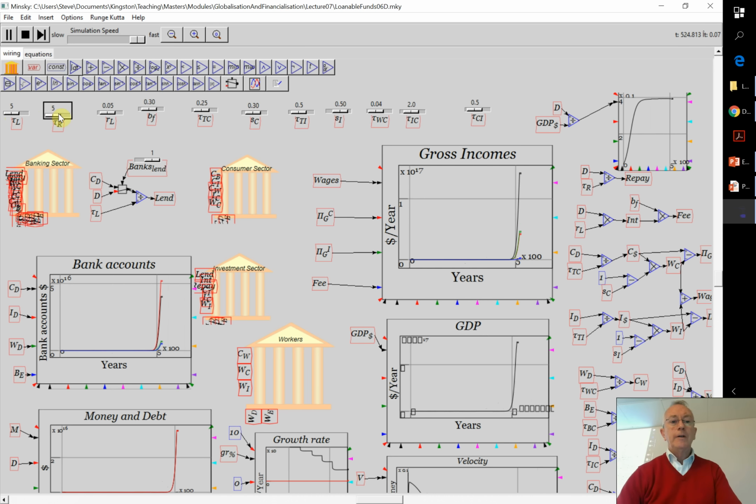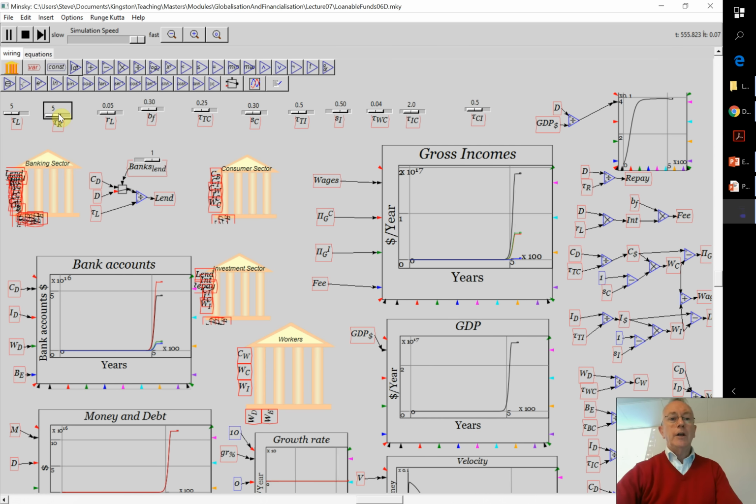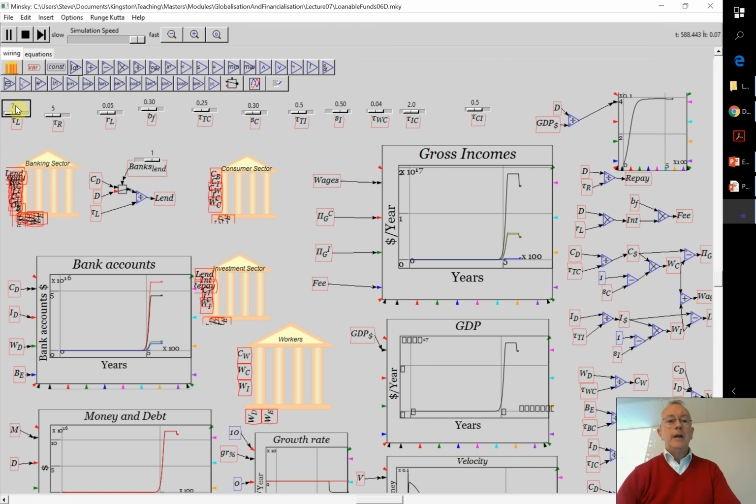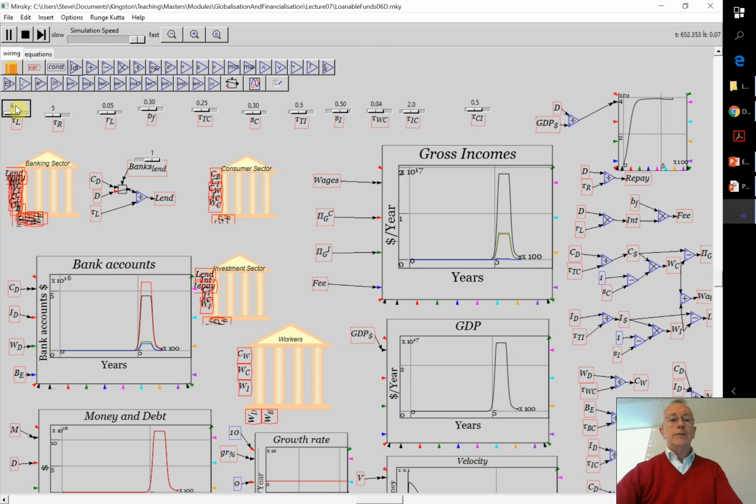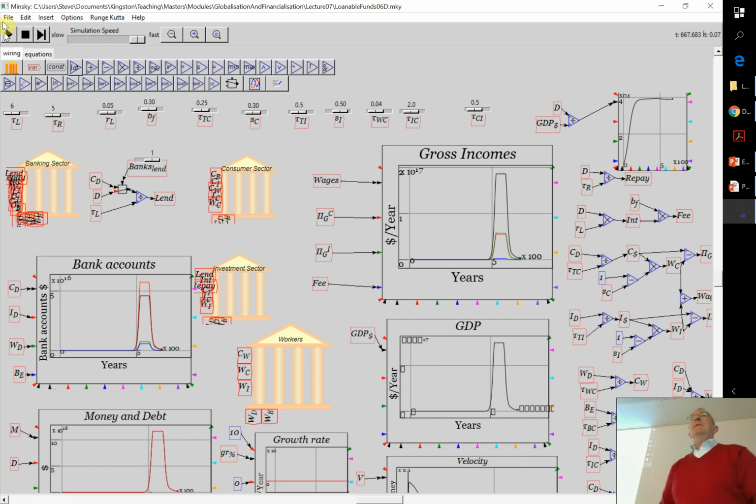Now if you have an increase in the rate of repayment and a decline in the rate of lending, you have a crisis. So there's a huge difference between loanable funds and endogenous money. And I might leave it at that point, and we might come back after another 5 or 10 minutes and go through the logic in the final part of a 3-hour lecture. Okay.